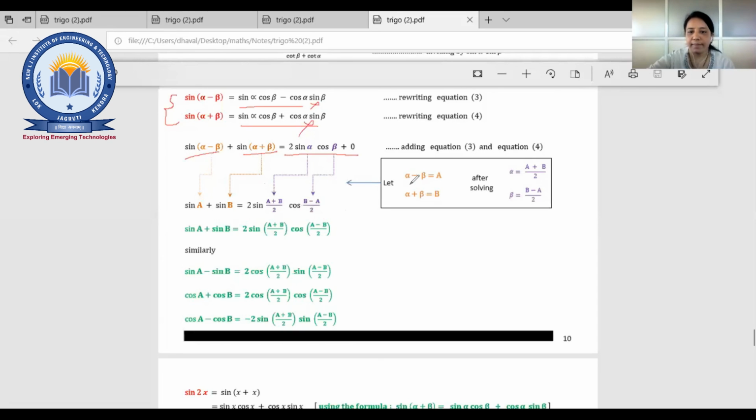Just assume alpha minus beta is capital A, and assume alpha plus beta is capital B. So we can do some operations on that and we can get alpha equal to A plus